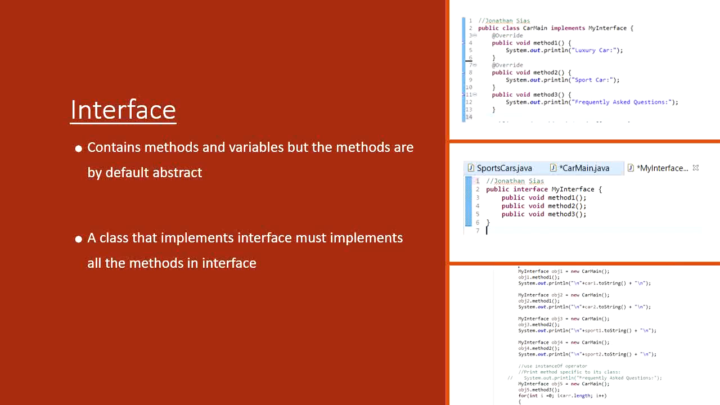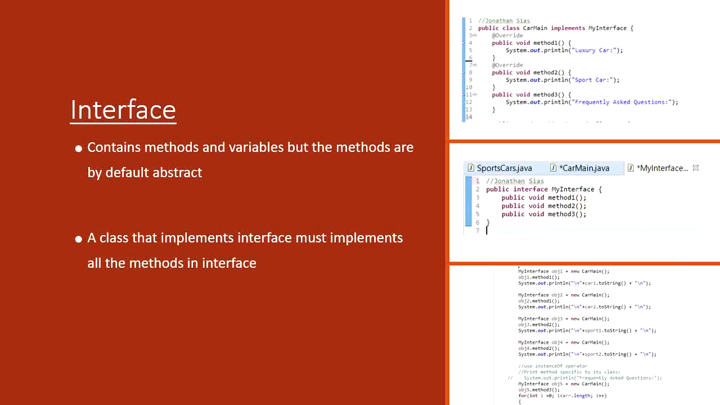we can decide what we want them to function as. So in this case, we want these methods to function as a system out print. We just want them to print out a title, like luxury cars, sports cars, and frequently asked, which are little titles, and underneath will be the output of the programs. And in order to implement that to run, we have them at the very bottom of